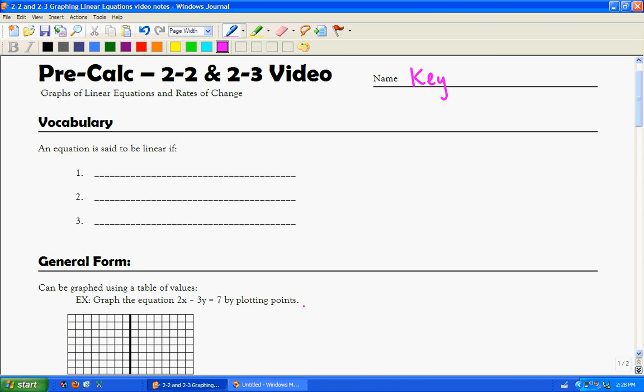We're going to combine sections 2 and 3, which is talking about graphs of linear equations and rates of change. So I know you know what a linear equation is, but just to be clear, what's in your book,